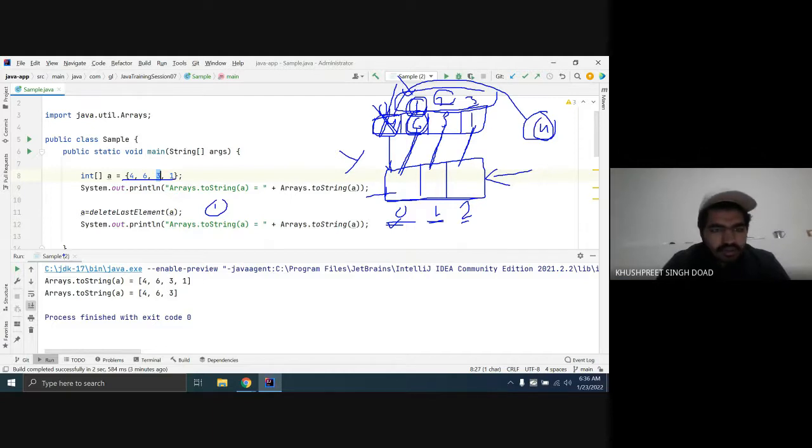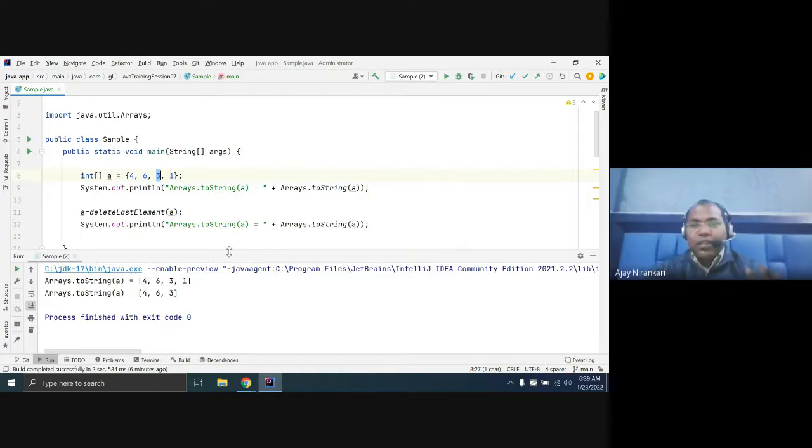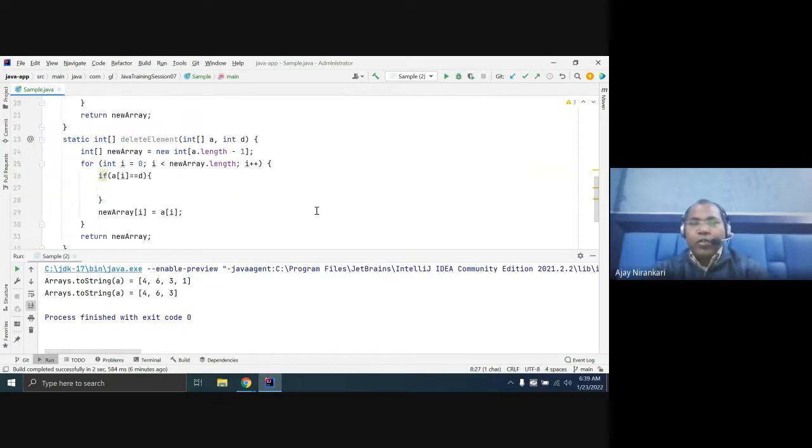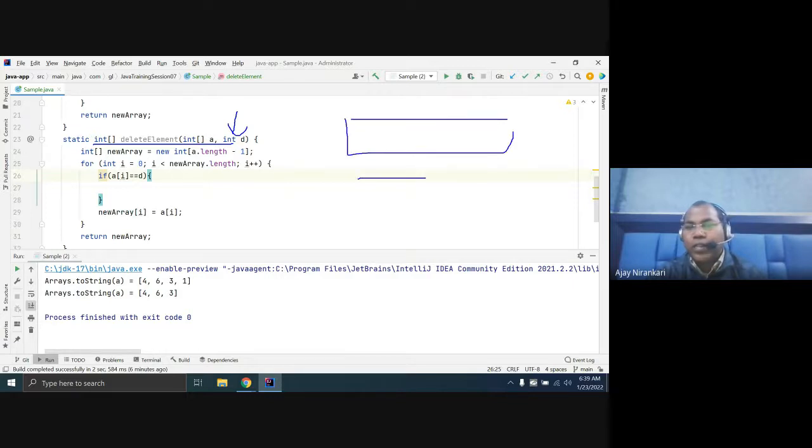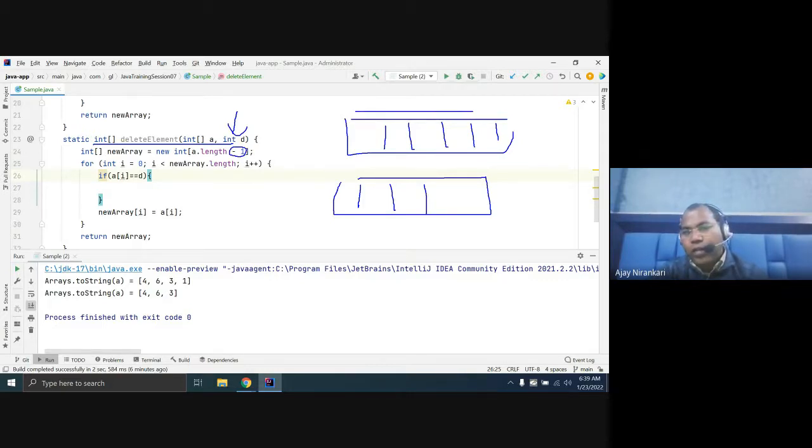No, sir. Can we go to the script where we wrote the if condition? Yes. First, I'm explaining the logic. I haven't written any code. Now I'm going to write what you have to do here. As per my example, I want to delete one element. So surely we have to create a new length less than one, right? So we created minus one. Is it clear? Now you have to run through all the elements here.